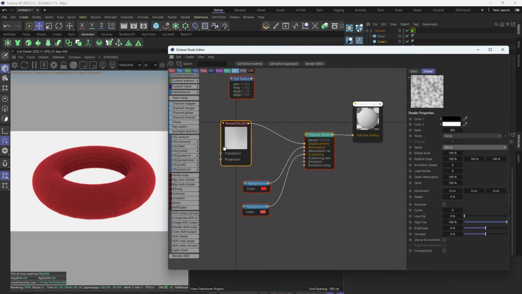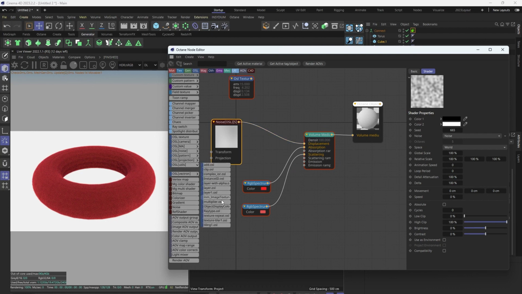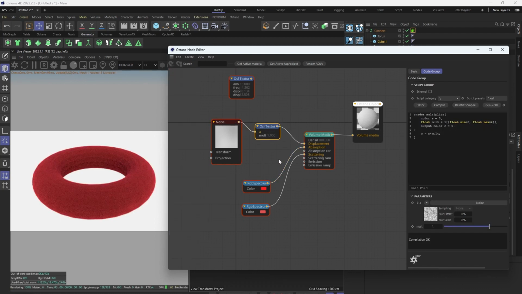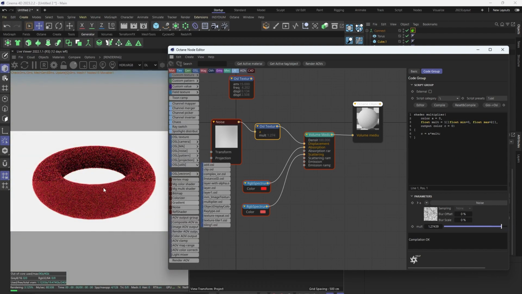The issue there is that you need a controller to be able to control the intensity of the displacement. What you're going to use for that is under OSL, under utils, you're going to grab this multiplier node and drop that here. And if we start to crank that up, you can see it's getting a little bit bumpy in there, but